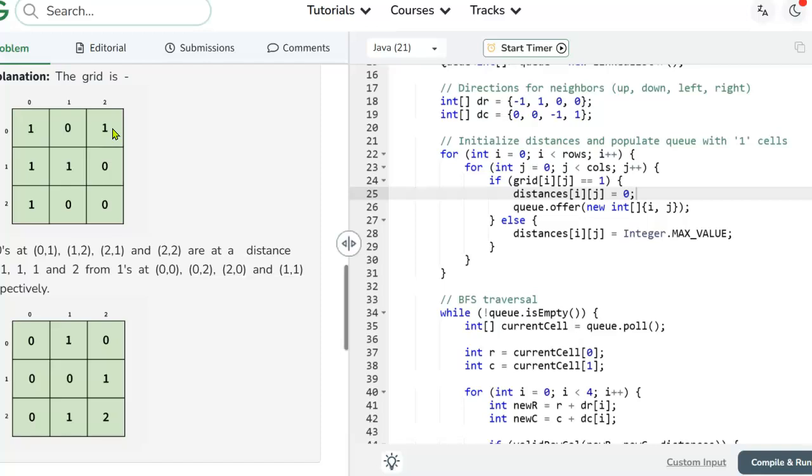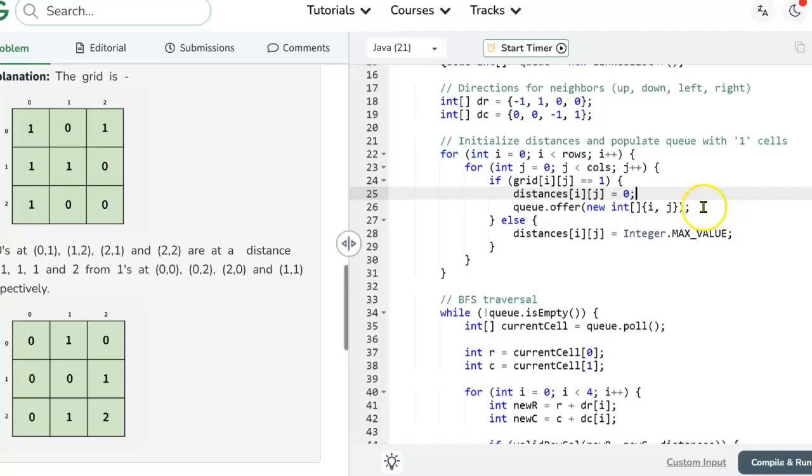Breadth first search, that is 1 going to that square, and then that goes in the queue, and then from that 1 we can get to this square here, and that would be 2. So we start the breadth first search from the 1s, right? So set the distances to